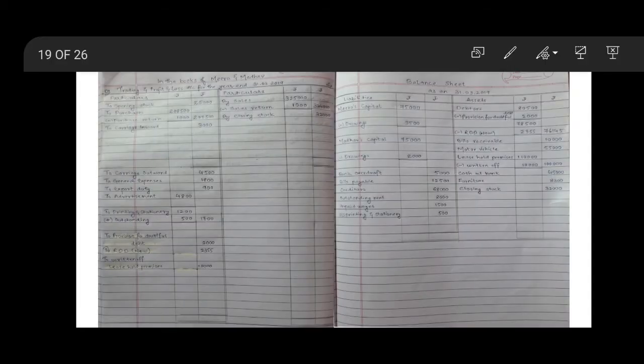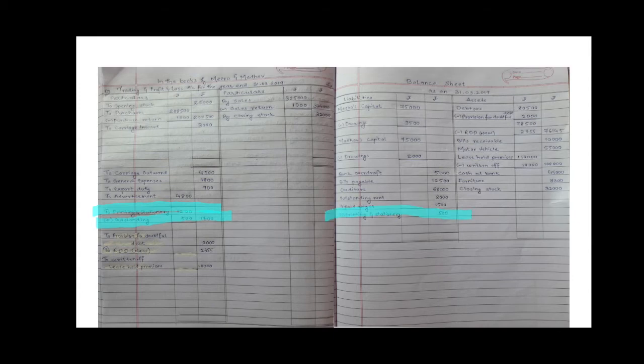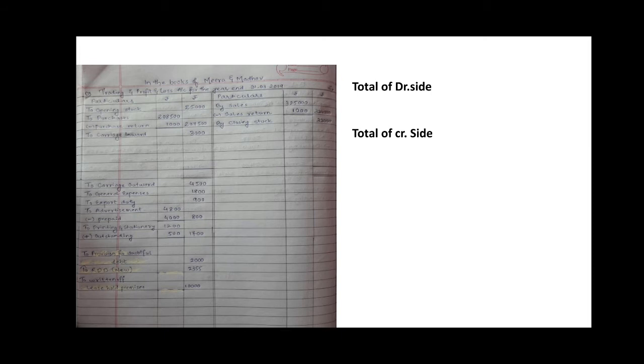Here you can see printing and stationery to the debit of profit and loss account, it was already written 1200, we have added outstanding 500 and 1700 we got the balance in the outer column. The next effect, we have written outstanding printing and stationery rupees 500 in the outer column. Okay, that's it about all the adjustments. Now we'll close down all the accounts.